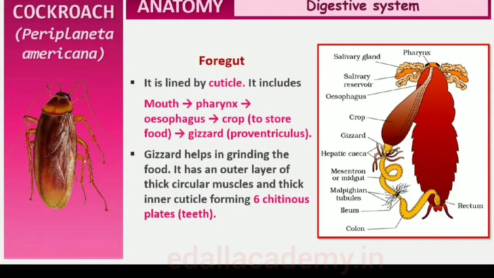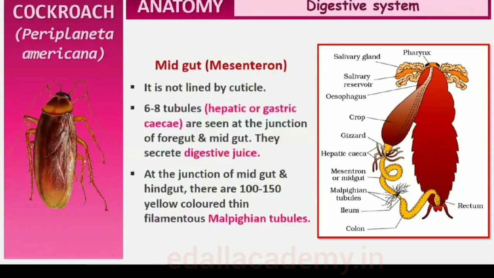It has an outer layer of thick circular muscles and a thick inner cuticle forming 6 highly chitinous plates called teeth. The gizzard helps in grinding the food particles. The entire foregut is lined by cuticle. A ring of 6-8 blind tubules called hepatic or gastric caecae is present at the junction of foregut and midgut,